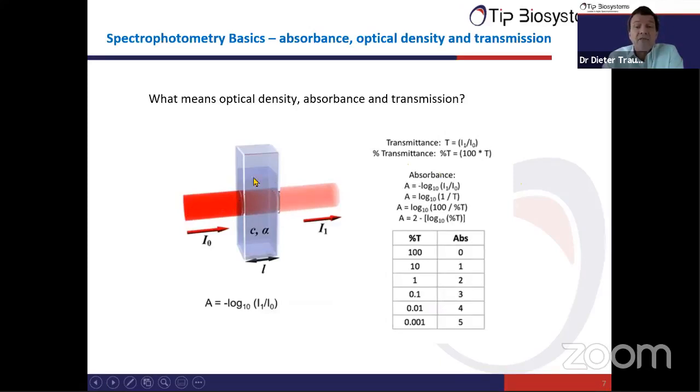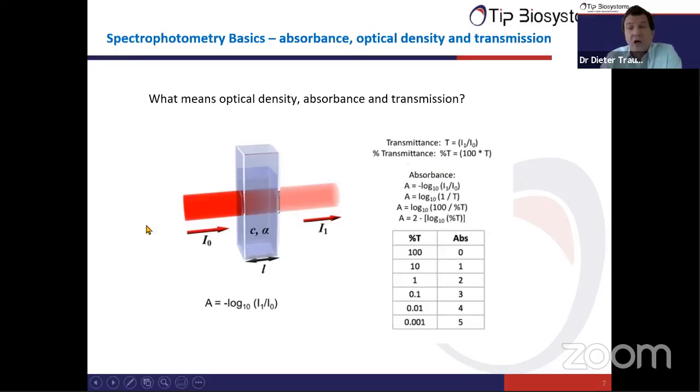If the sample has no optical density, if there's nothing in the sample that absorbs the light, then all the light coming in also passes through and comes out. But optical density means there is a substance in our sample that absorbs one particular wavelength, or different particular wavelengths, or a band. This means less light is coming out than goes in. And that is what we measure at the end.